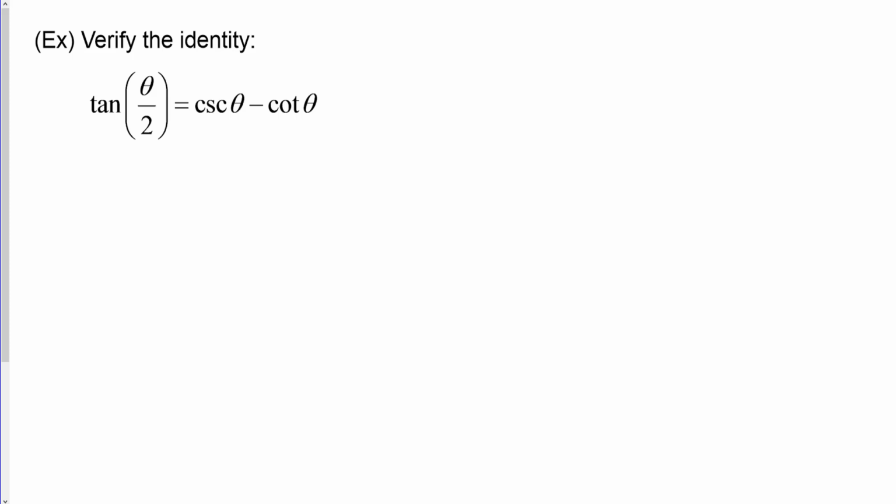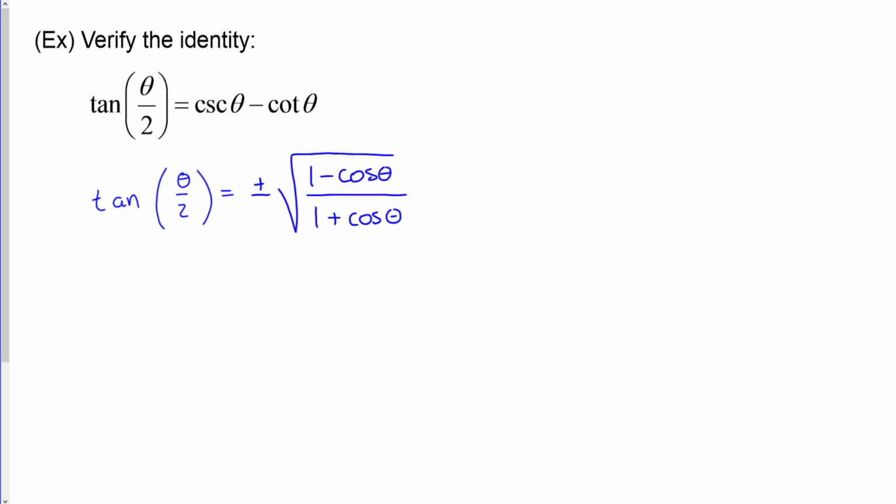It is possible that you might be asked to prove an identity based off of some half-angle identities. So let's see what that might look like. We have tangent of theta over 2 is equal to cosecant theta minus cotangent theta. So let's see what that might entail. Well, we do know that it's going to be the plus or minus square root of 1 minus cosine theta divided by 1 plus cosine theta,